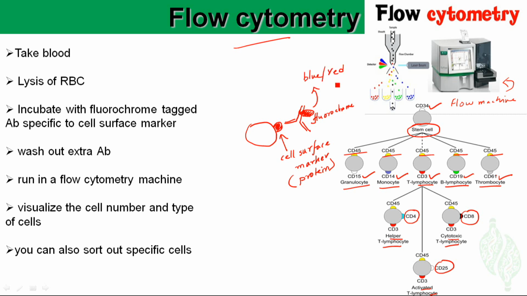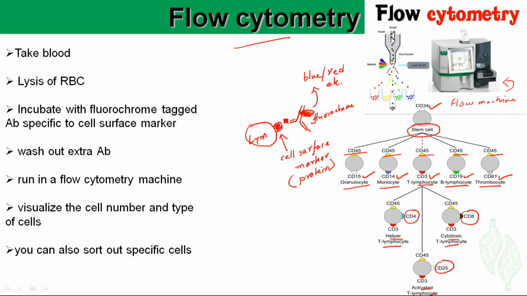For simplicity, I am saying they are blue or red or green, this type of color. So when this fluorochrome-tagged antibody is incubated with this type of lymphocyte or any leukocyte, they bind to this